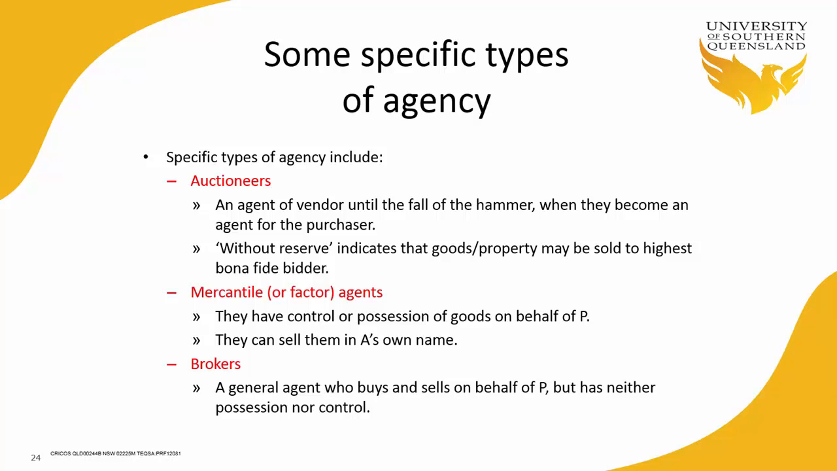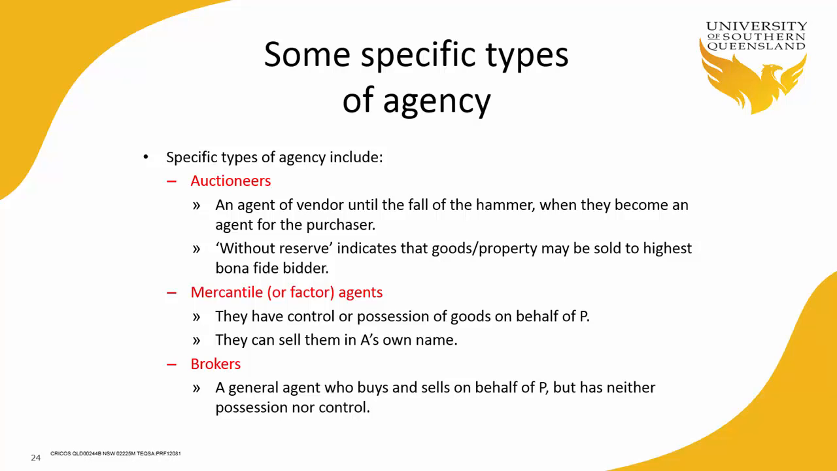The bidder cannot sue on the contract of sale because there has been no acceptance, but there may be a personal action against the auctioneer. Without reserve then, the goods or property may be sold to the highest bona fide bidder. Where there is a reserve, on page 537, it says where a reserve price is published, the auctioneer's authority is limited, and so acceptance of a lower price than the reserve won't